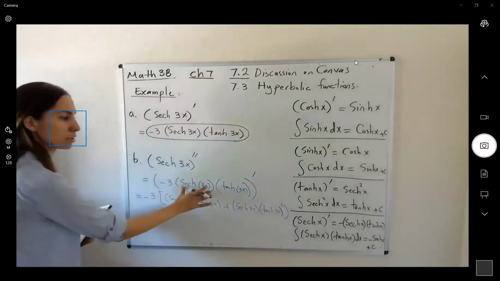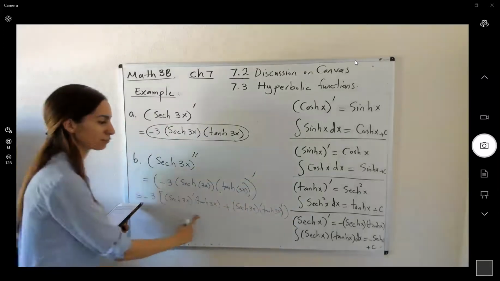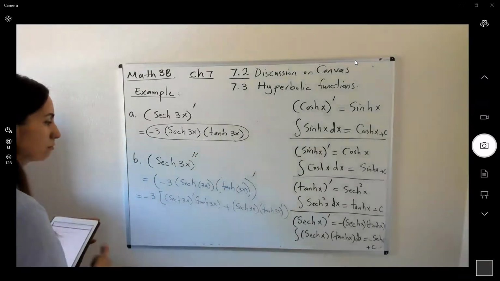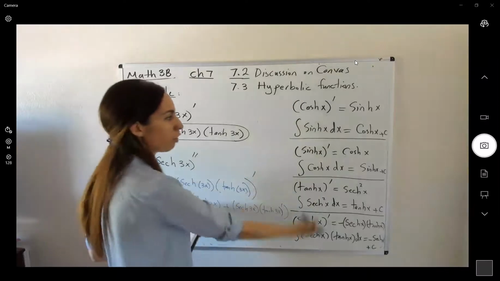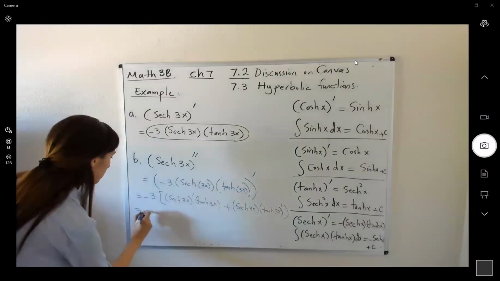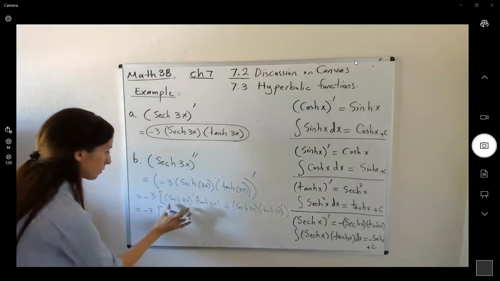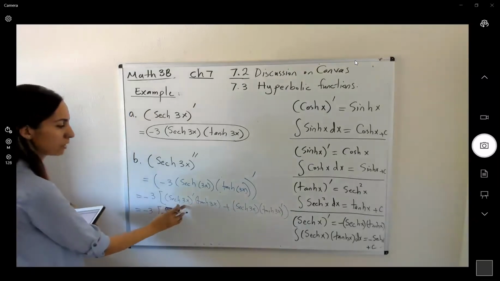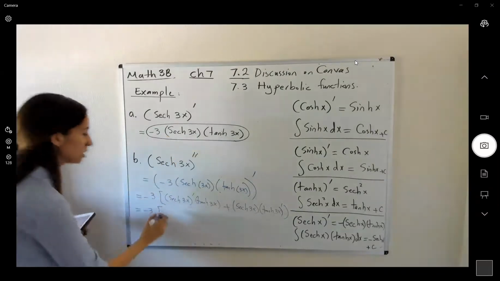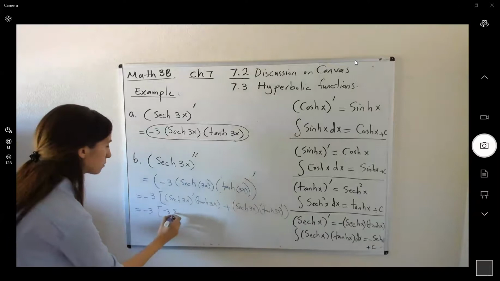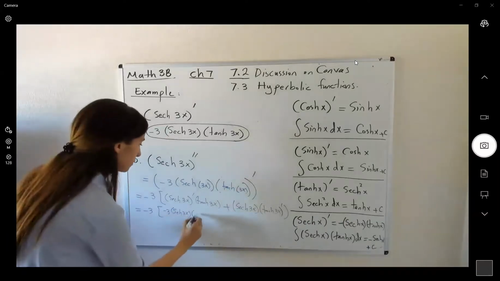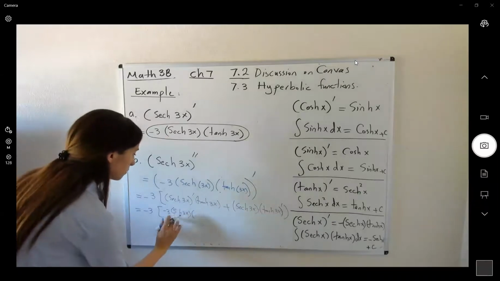We have product of two functions, we have to apply product rule. Well, the rest is not that hard. You have all the formulas that you need. This is minus 3. The derivative of hyperbolic secant 3x, we already calculated that. It is negative 3 hyperbolic secant 3x times hyperbolic tangent